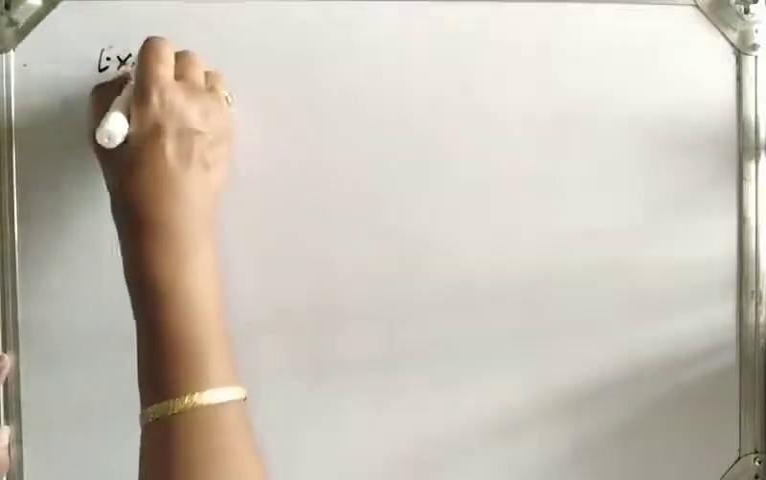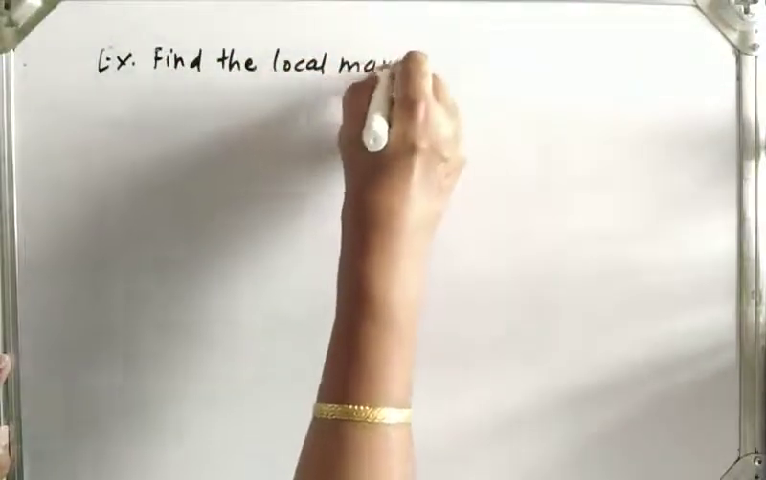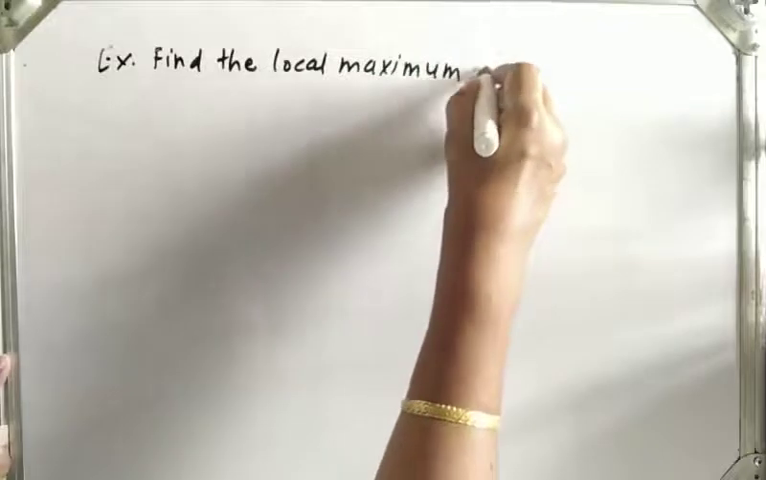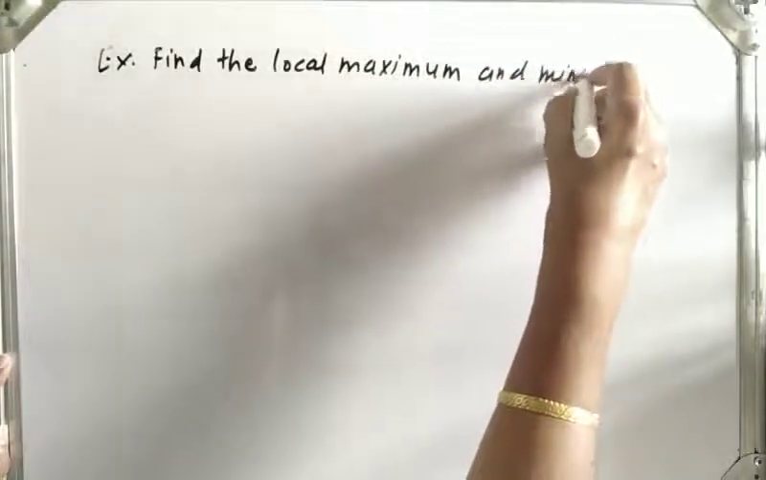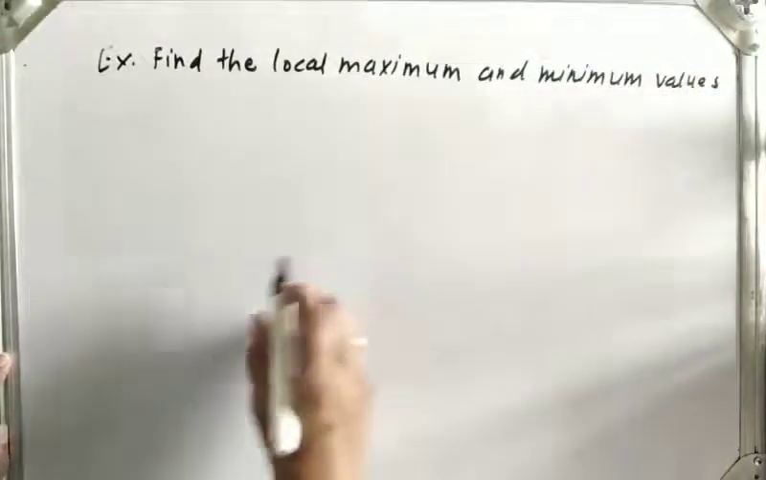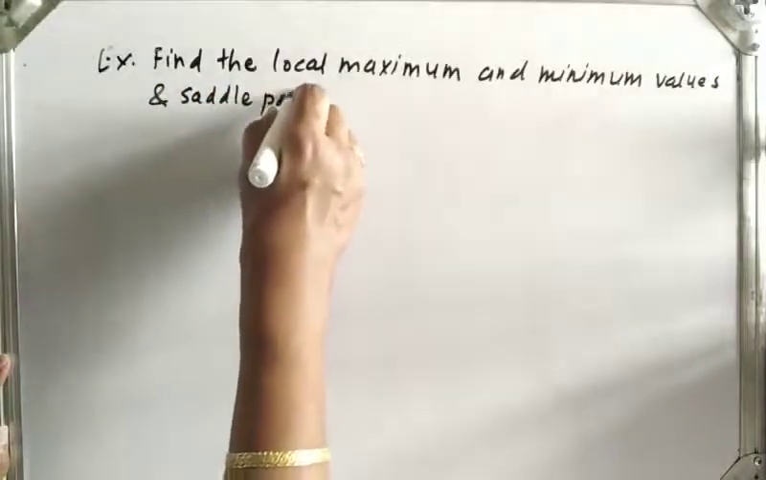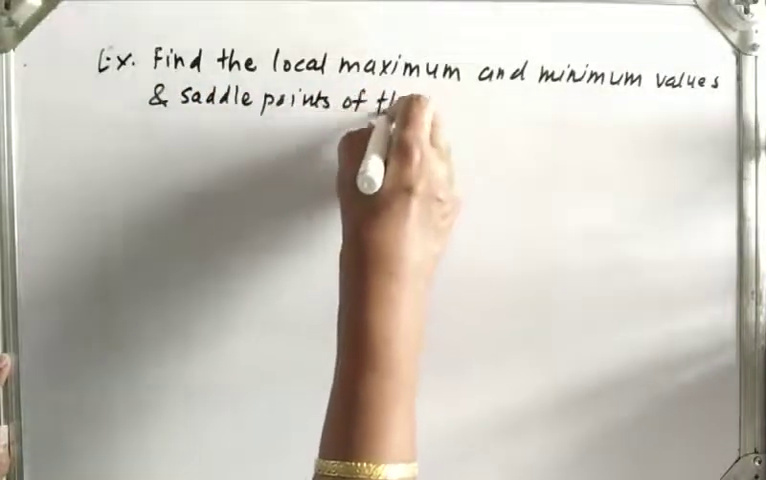Hello students, let's solve some more examples on maximum and minimum values and saddle points of the function. So the example is, find the local maximum and minimum values and saddle points of the function